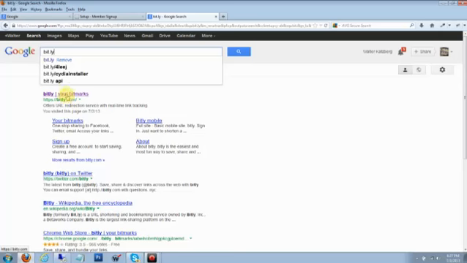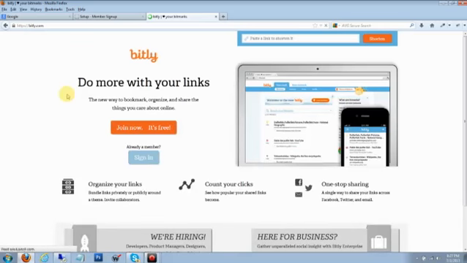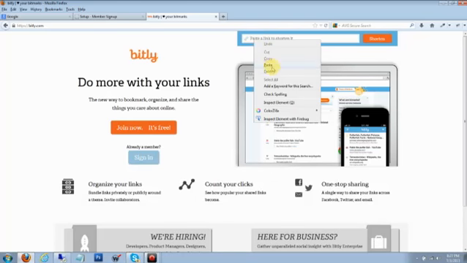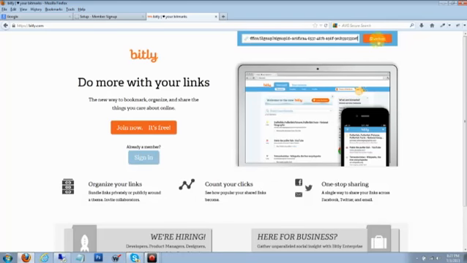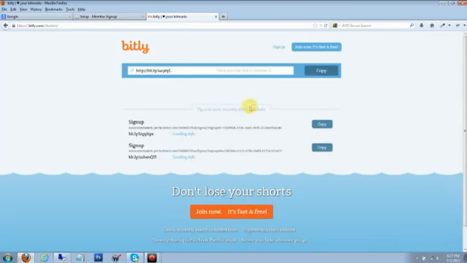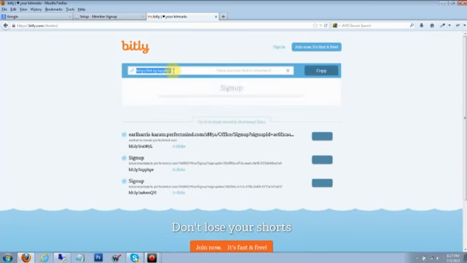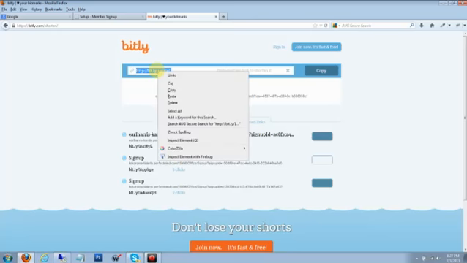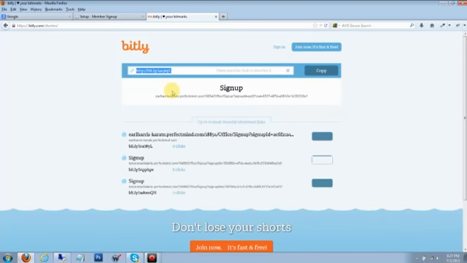If I click on it, you can sign up for free, or you can just paste the link in the very top right and click the shorten button. Now you'll see that it's shortened it for me already, so that's a lot nicer than that huge big URL I had. So if I go ahead and copy this,